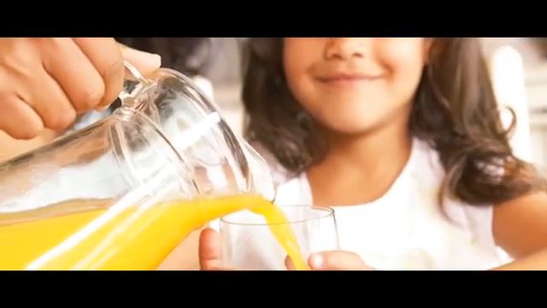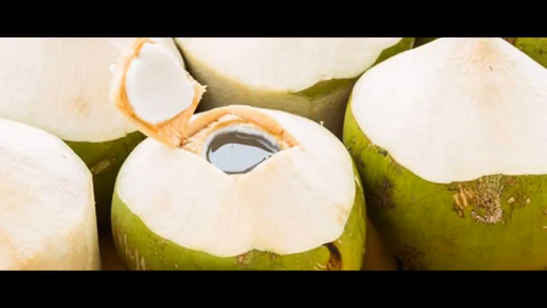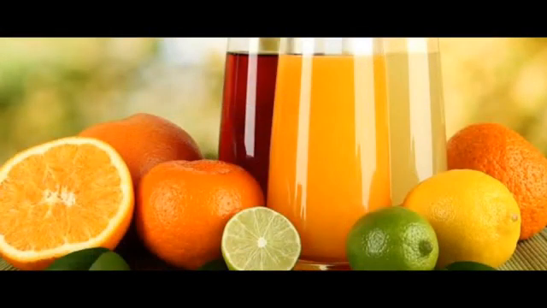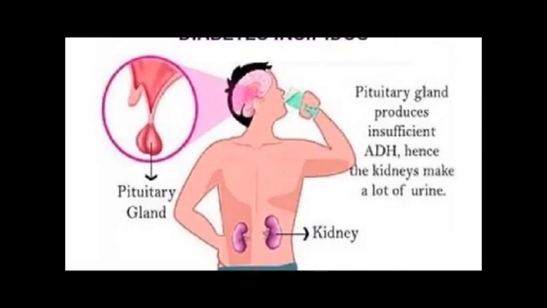People who take more fluids like fruit juices, buttermilk, and coconut water, or drink a large amount of water, have no need for the hormone vasopressin because the body has a sufficient amount of water. So the urine is not much concentrated. Less concentrated urine is passed. Deficiency of vasopressin causes excessive, repeated dilute urination called diabetes insipidus. So the large amount of urine is controlled by a hormone called vasopressin.